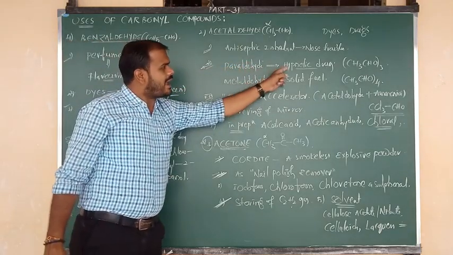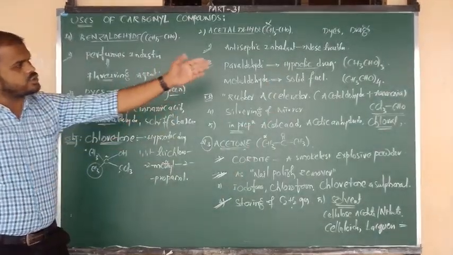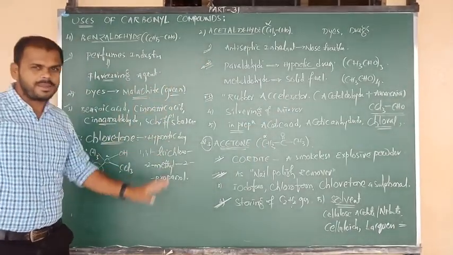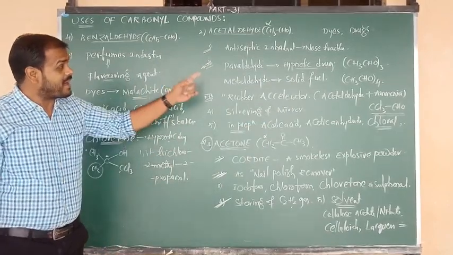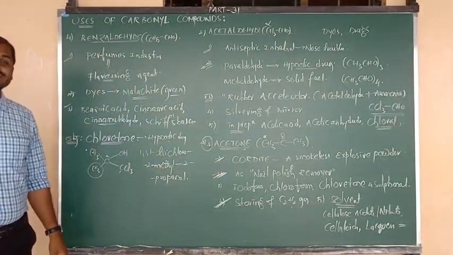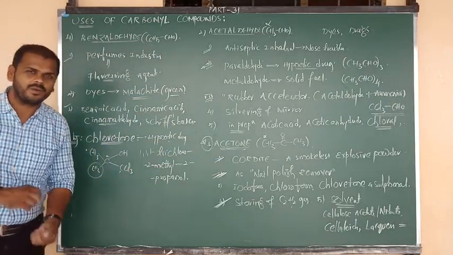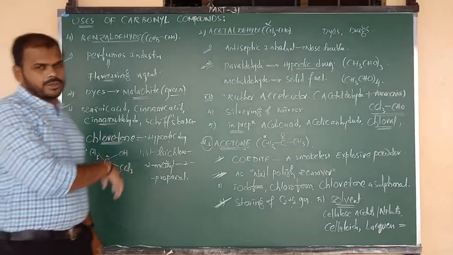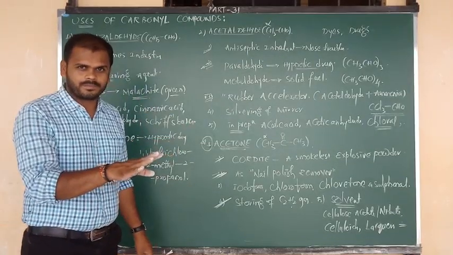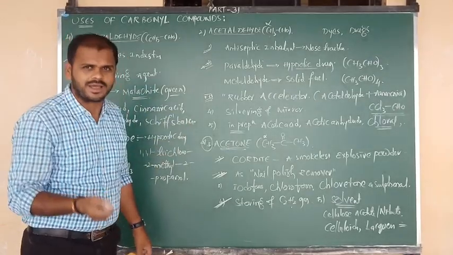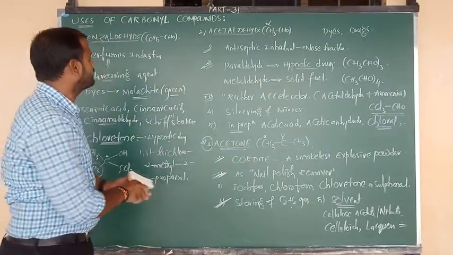And paraldehyde is also a hypnotic drug. You should remember that formula and this formula, and both are hypnotic drugs. But paraldehyde is prepared from acetaldehyde, and chloretone is prepared from acetone. These things have to be focused on. As per our NCERT textbook, the aldehydes and ketones syllabus is over. Only a few objective reactions are left, which we will discuss in tomorrow's class. But one more small point.